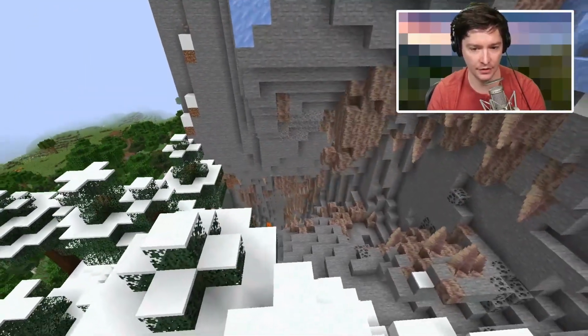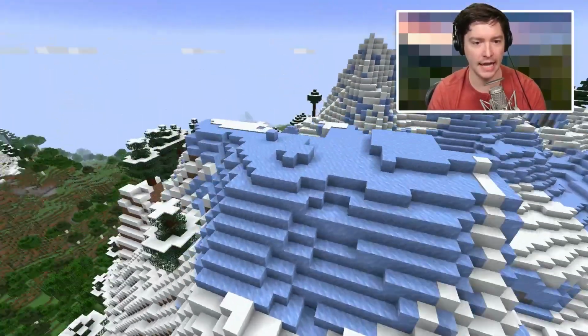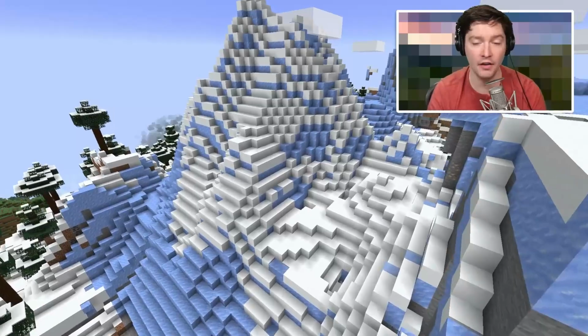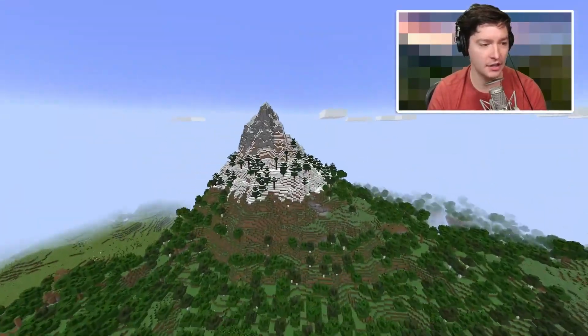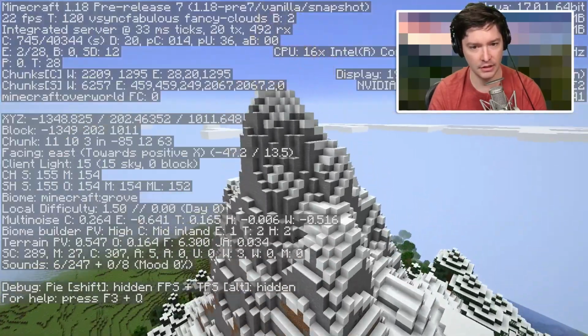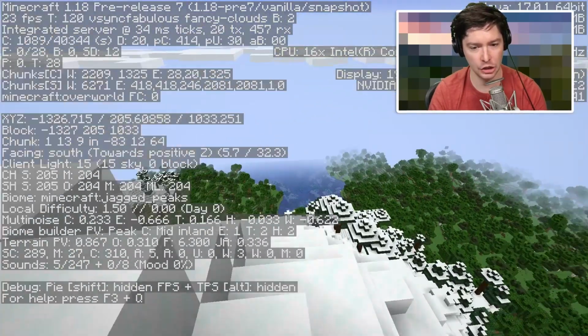Oh my gosh, look at this cave entrance. Dripstone cave. We're going to get to that later. And it looks awesome. I love it. There's one more type of peak, and that is the Stony Peaks, and that looks like a Jagged Peaks. I don't think this is a stone. Yeah, this is Jagged. Okay, let's go find